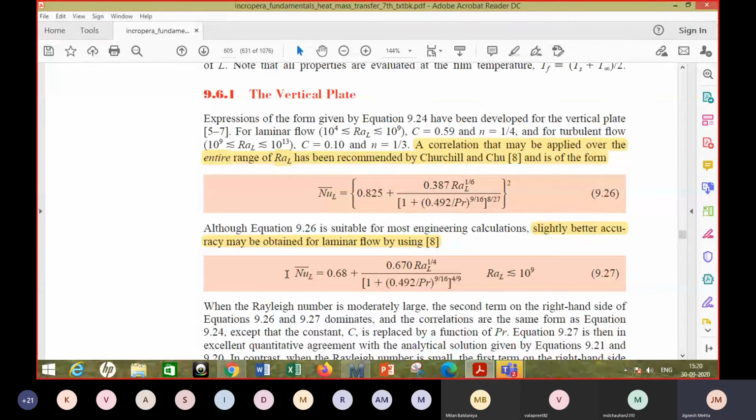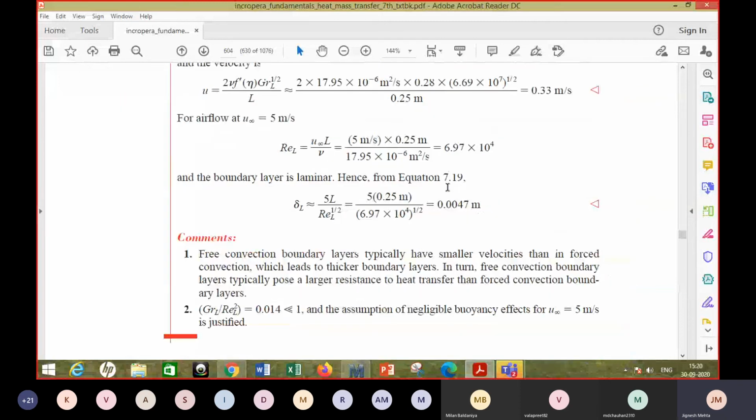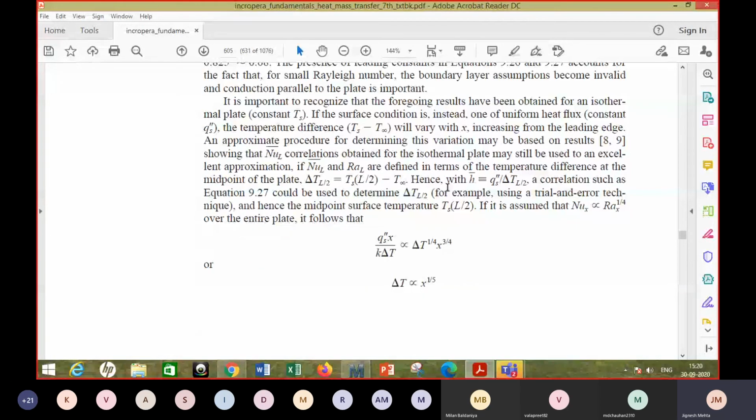This is to be used for more accuracy up to 10⁹. This one is more general, can be used even for 10⁹ and even more than 10¹¹, right? 10¹¹ is your criteria for the flow becoming turbulent, right? Okay, so that correlation is used,